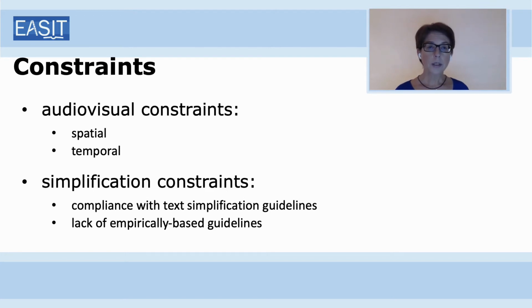What I mean here is that easy-to-understand subtitles have to be compliant with the principles and recommendations of whatever simplification method is being used. Lastly, another constraint that we face in the creation of easy-to-understand subtitles is the lack of empirically based